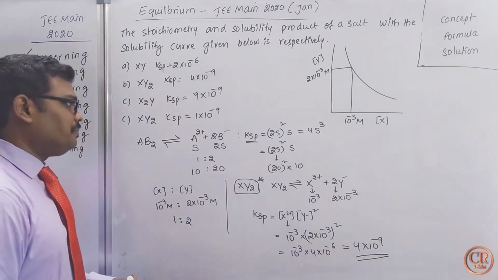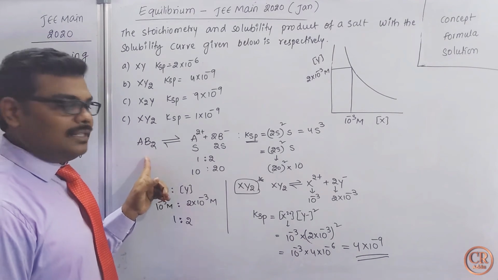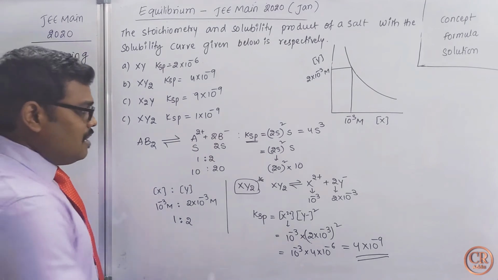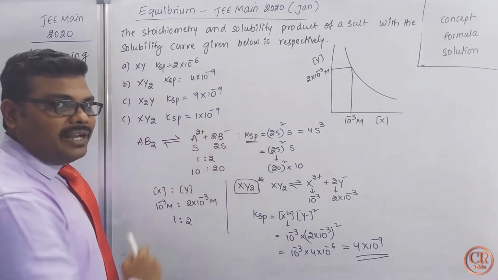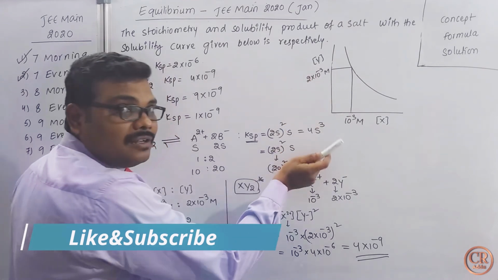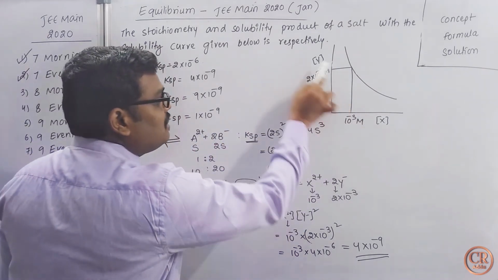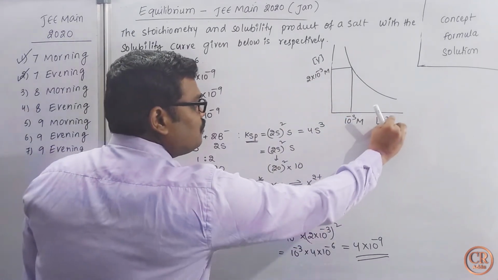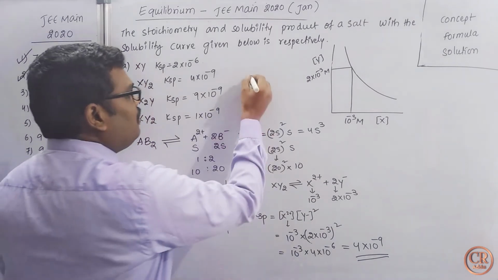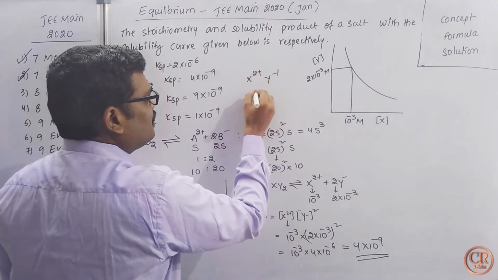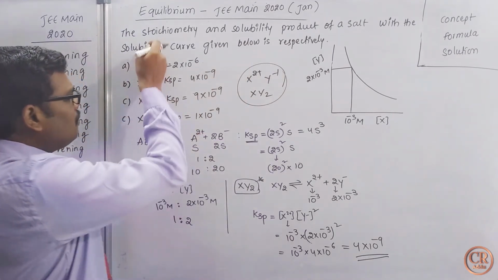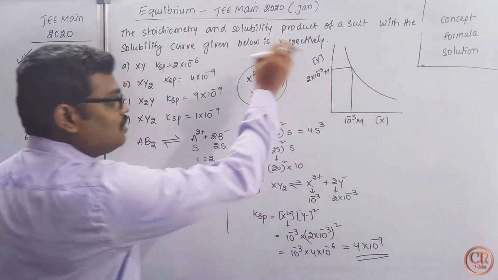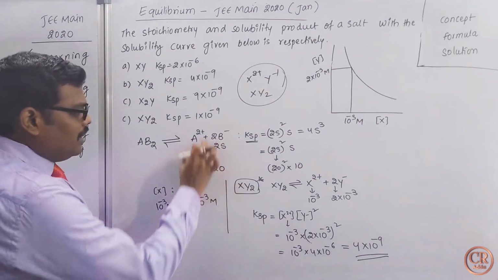I'll tell you once again. See, this is the general concept. When AB2 dissociates, it gives A2+ and 2B minus ions. If they give a 2 plus and a minus 1 ion, we can identify it easily, quickly. So that's why they did not mention the charges. Don't get confused here. If they mention it, you can identify. Suppose I give X2+ here and Y minus here, directly you can write the formula as XY2. You can look at the options and choose the correct answer. So that's the reason they did not give the charge of X and Y. Now here they have given it like this.